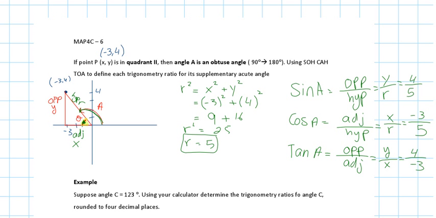Now the question is, how can I find my angle? Now here's the trick, and here's where you need to use your common sense, because it depends on what ratio you decide to use. You're going to have to change your answer accordingly. Okay? So here's what I want you to do. On the calculator, you decided that you want to use the sine ratio to find your angle. Okay? Do on the calculator sine inverse of